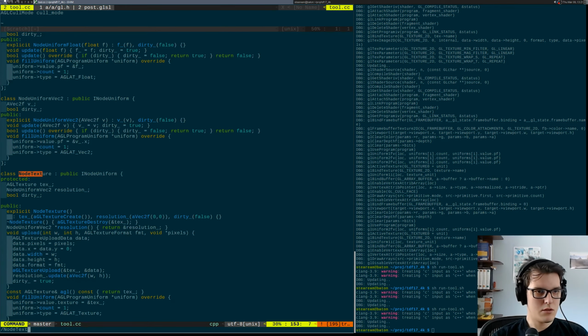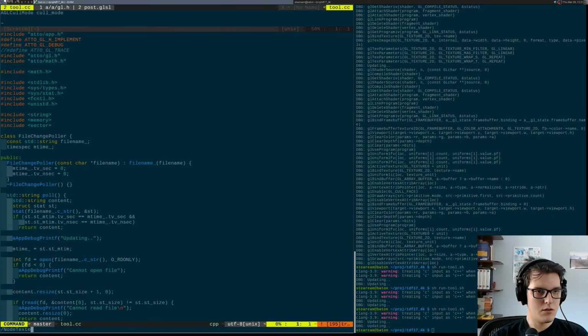No texture. Resolution. Uniform to resolution. This resolution actually depends on this object. So if anyone uses it, it should